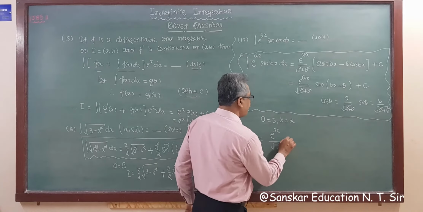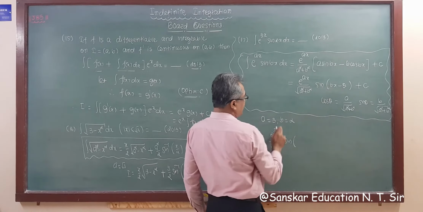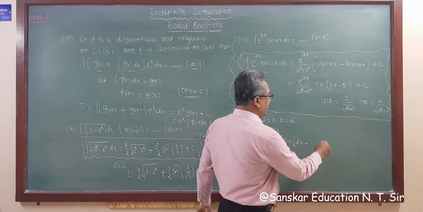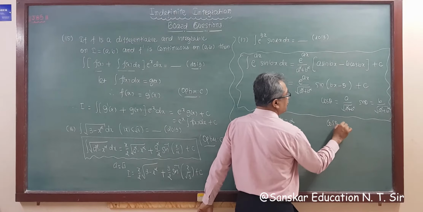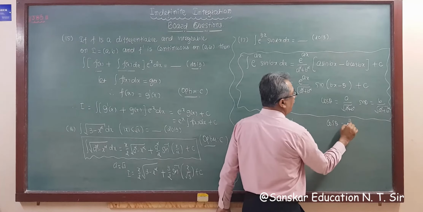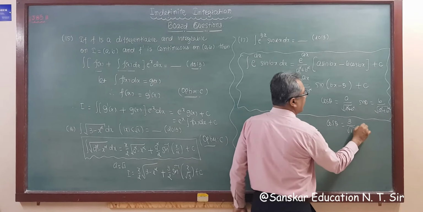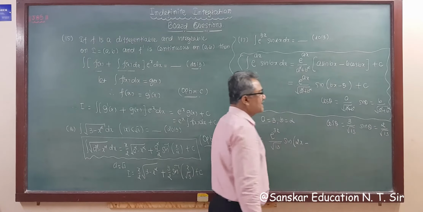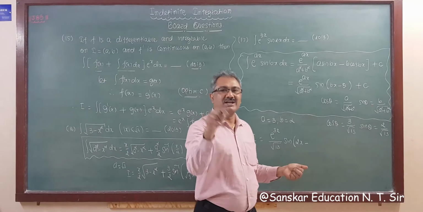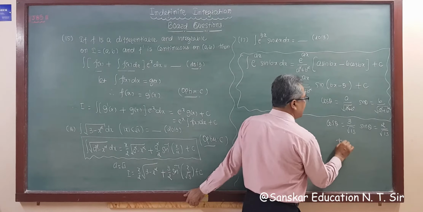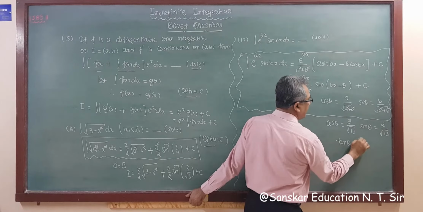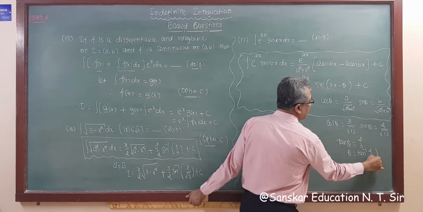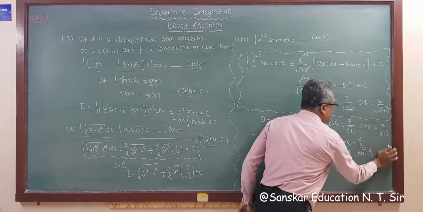Now sin(bx, b is 2, so twice x, minus theta). Now cos theta, you have to find out cos theta. So cos theta is a, that is 3 upon root 13, and sin theta is b, that is 2 upon root 13. So this is not a known value, so you must change into tan. So tan theta is 2 by 3. So theta is tan inverse 2 by 3, right?